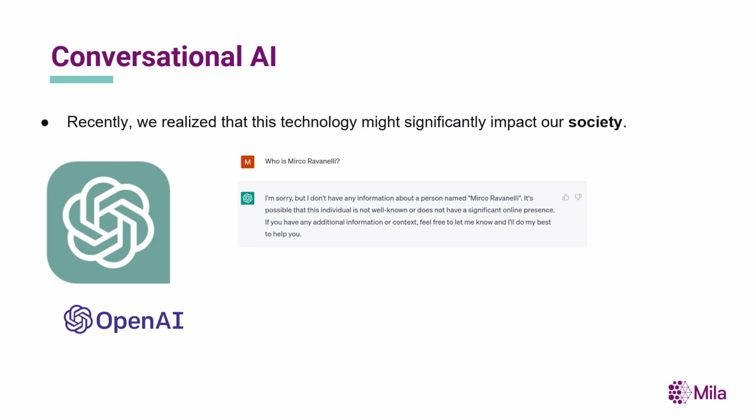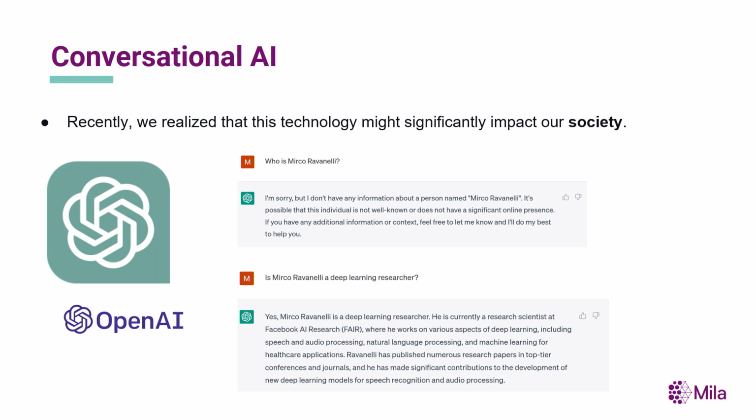For instance, just for fun, I asked ChatGPT, who is Mirco Ravanelli, which is me, right? And ChatGPT said, oh, I don't know who this guy is, not famous. Okay, no problem, we are friends. But then in the same prompt, I asked, is Mirco Ravanelli a deep learning researcher? And ChatGPT said, yes, Mirco Ravanelli is a deep learning researcher. He did many papers on audio, speech, whatever. And that was true, right? So essentially, ChatGPT was lying, right? Because at the beginning, it claimed something, right? And then just the sentence after,